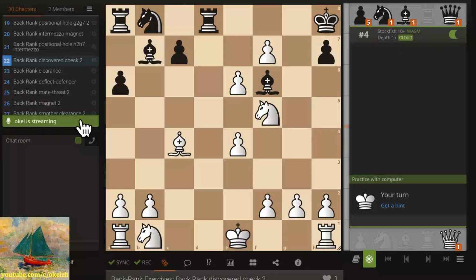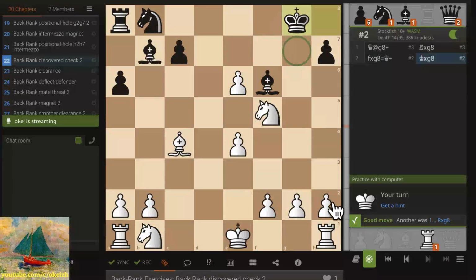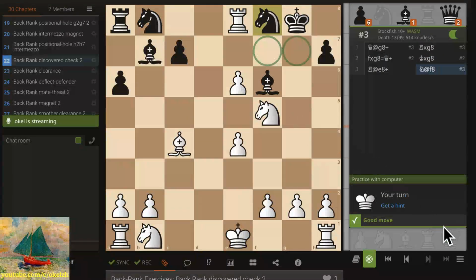Oh, this is interesting. Okay, I guess queen h8 still might work. Rook takes. Rook here. Do you only have a rook, right? And then knight 8. No, wait. Oh, you can check. Yeah, you can check. Okay. So this is a back rank mate because the knight is controlling g7. You're still keeping the king on the back rank, and then you play